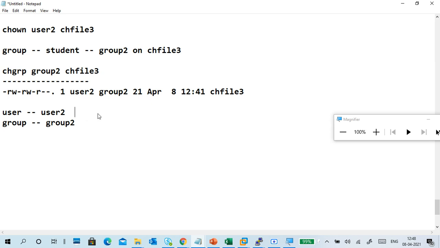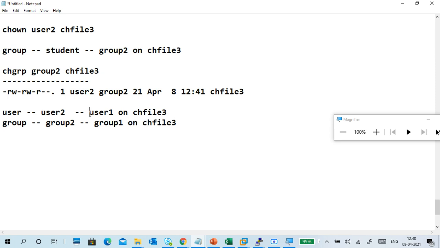I want to change from user 2 to user 1 on chfile 3, and the group also I want to change from group 2 to group 1.